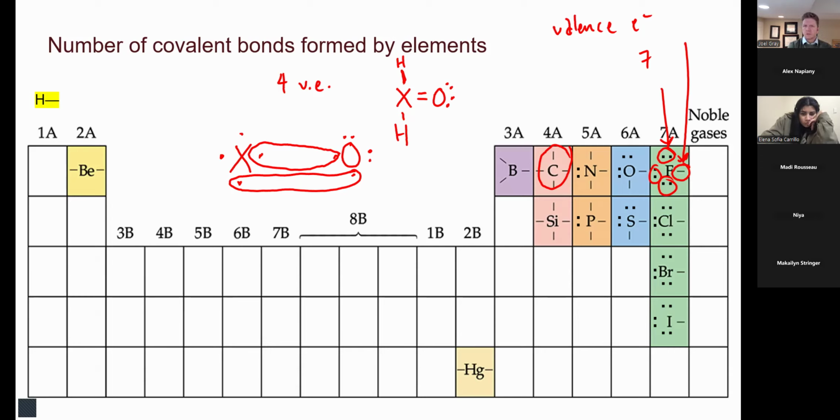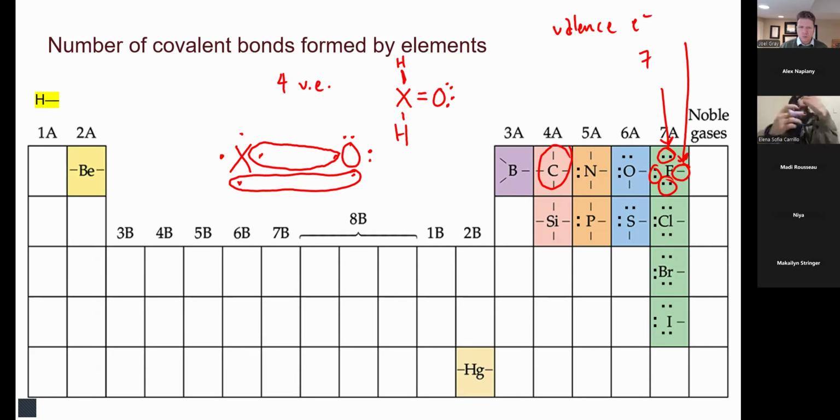Does oxygen have eight electrons around it? Yes, it does. Okay. So could you give me, on a scale of 1 to 5, 1 being, oh, I've got this completely conquered, and a 5 being, I'm still struggling with this, where are you with the number of covalent bonds that something is going to form? You can send it as a private message if you want. Okay, seeing ones. Good. All right.